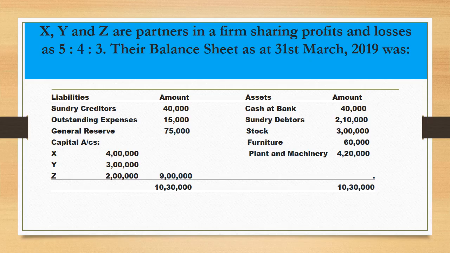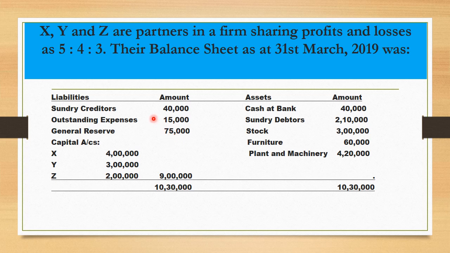Now, first, in the given question, X, Y, and Z are partners. They are sharing profits and losses in the ratio of 5:4:3. Their balance sheet as on 31st March 2019 shows sundry creditors of rupees 40,000 and outstanding expenses of rupees 15,000. General reserve is of rupees 75,000. Please remember, if no information is given, we will divide this general reserve in the old ratio, and our old ratio is